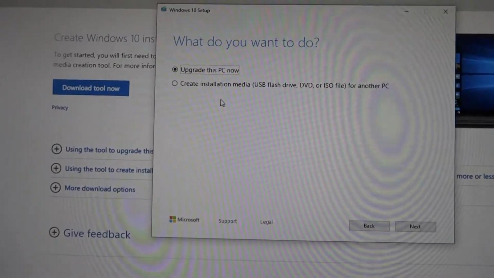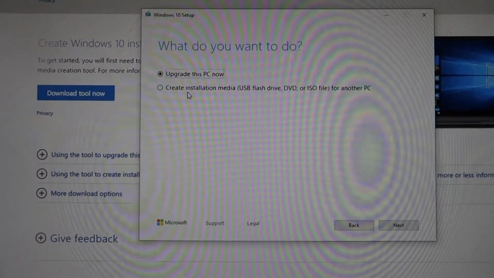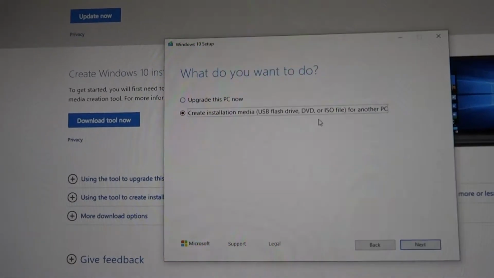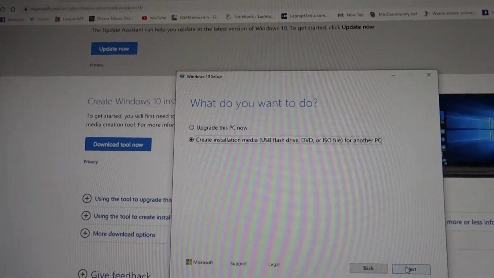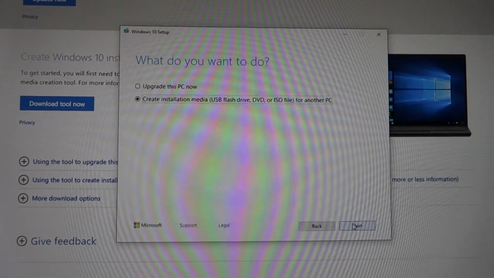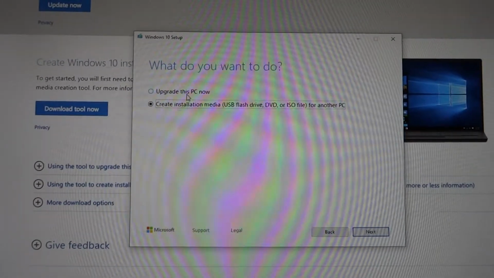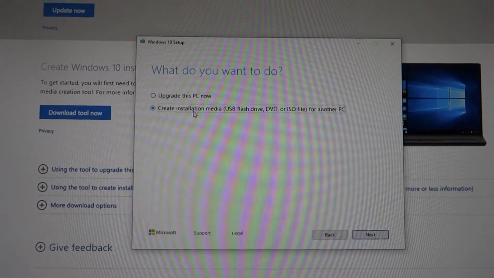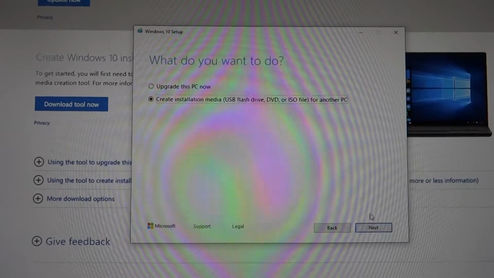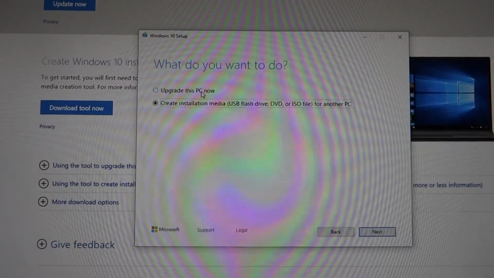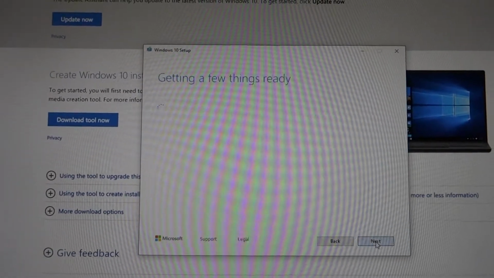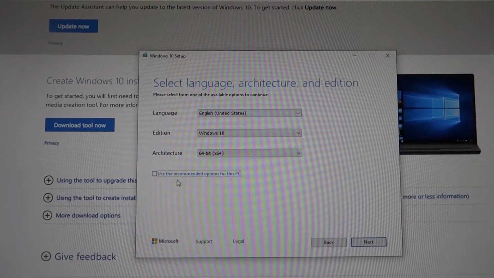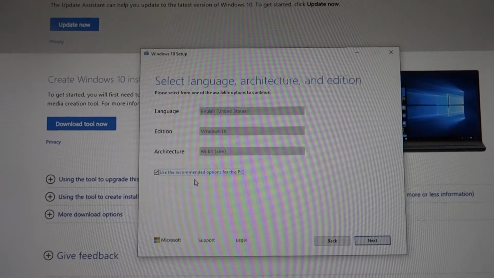If you want to do a clean installation, I would suggest to use this create installation media using USB flash drive, DVD or ISO for another PC, and then click next. Now you don't have to upgrade this PC now, because what I'm trying to do today is to clean install my computer, since it has a lot of mess right now and I'm already on the latest version of Windows 10. So let's just get things done here, and you can use the recommended options,